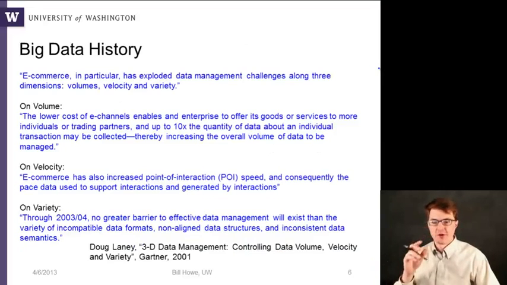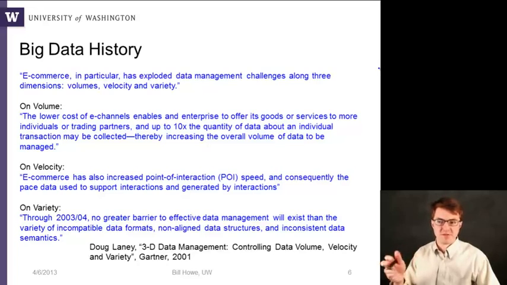Okay, so another point of reference is that more recent reports from some of these consulting firms get credit for this notion of 3 V's, but really the original source of this was a report from Gartner in 2001, written by a guy named Doug Laney. And so we talked about volume, velocity, and variety, which we've said, but let me just give you a chance to look at these quotes. So in volume, it's